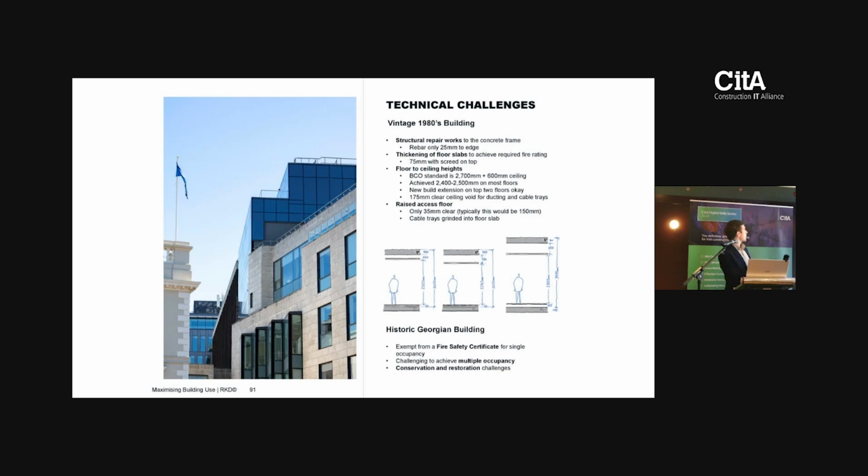And then it's always good after the project to talk to the technical team who were there, boots on the ground, trying to deliver it. These buildings are more difficult and more challenging than new buildings. There's no doubt about it. There's a lot of unknowns before you even get in and start doing demo work. So on this particular building,